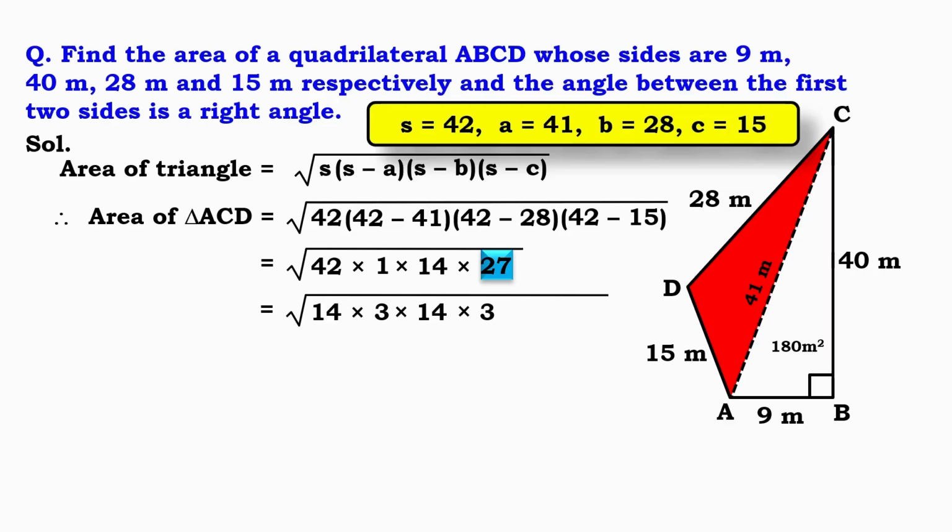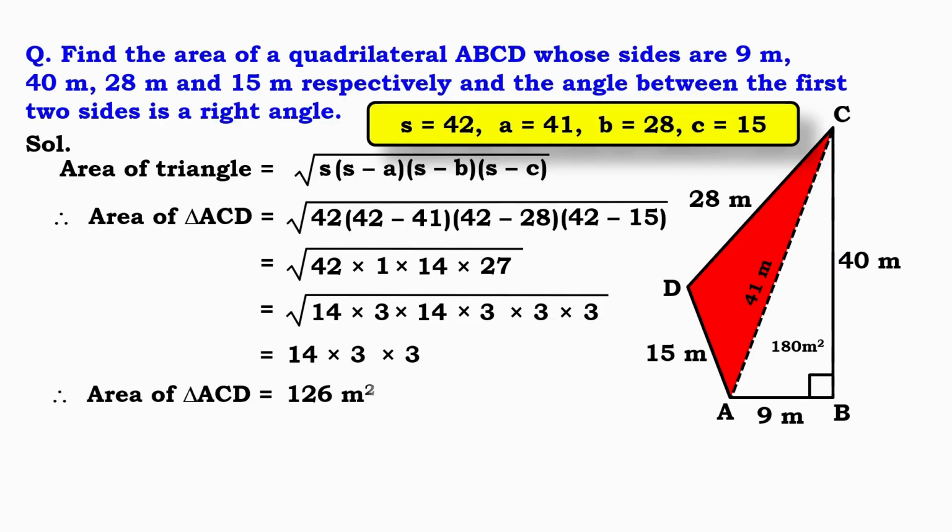And 27 means 3 into 3. Now if we rearrange, 14 and 14 is making a pair, so it will come out. 3 and 3 is making a pair, so it will come out. And another 3 and 3 is making a pair, so it will come out. So the final answer will be